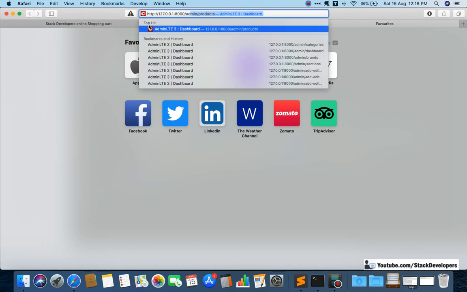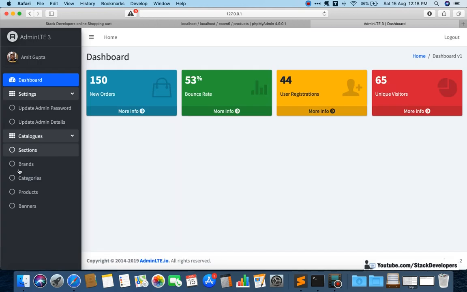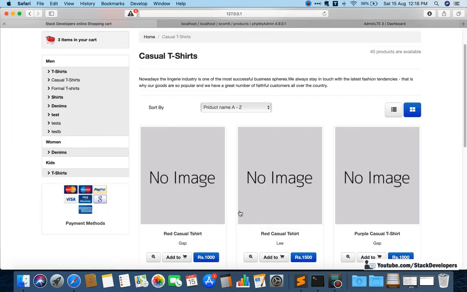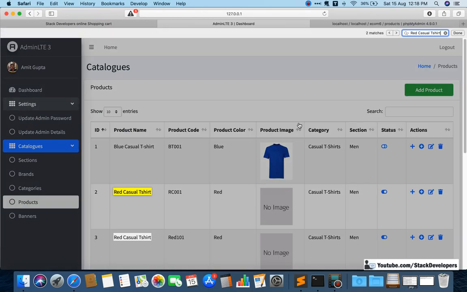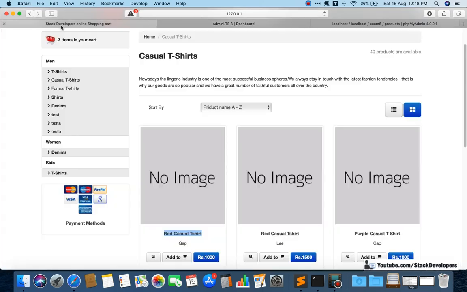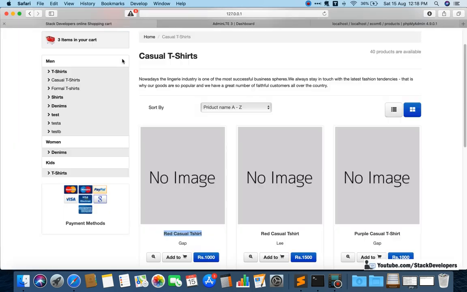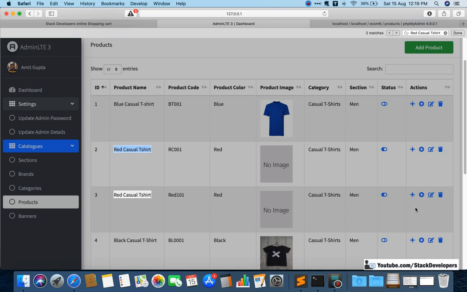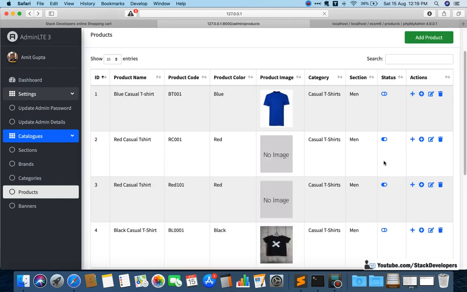So I want to add some images of the products as well. It does not look good without images, so I will check like red casual t-shirt. Gap red casual t-shirt. Okay, this is Lee.